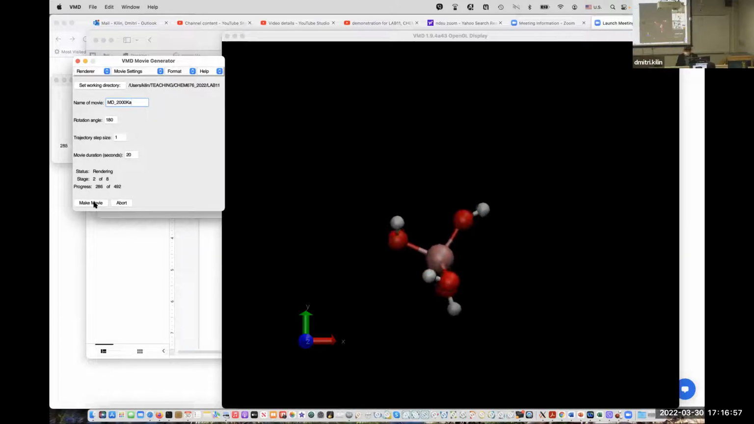And what is interesting in VMD, well, in several pieces of software, is this dynamic bond. It draws a line between atoms depending on the interatomic distance. So if the amplitude goes too far, it will interpret it as a broken chemical bond. Okay,